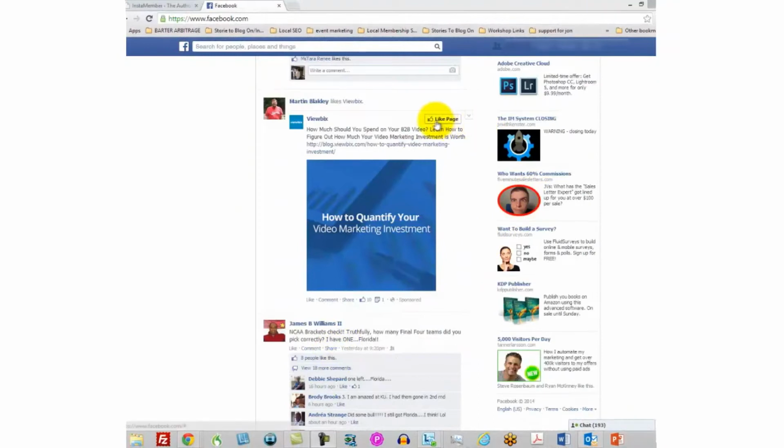Now, one way that you can use paid advertising to your benefit is to have a sponsored post, and that's what you're looking at right here by the company Viewbix. It gives me the opportunity to like the page where I'm going to become a fan, and what this company is really paying for is for me to become a fan. It's a two-step process. In other words, you're going to have the page sponsored, you're going to pay for that, and you're going to pay for people to see this based on their interest, and then they're going to like your page. Once they like your page, they're going to see the kind of post that we just talked about in the previous segment, where you're going to post something, and they're going to see it in their news feed.